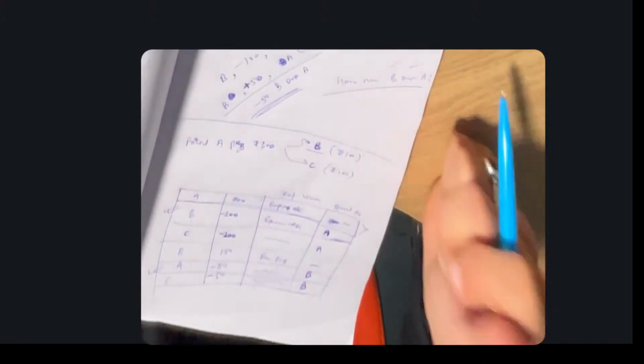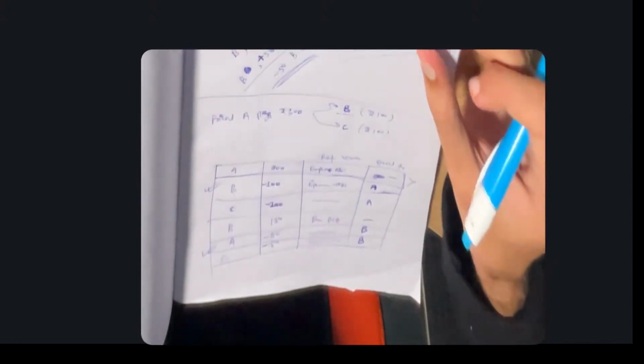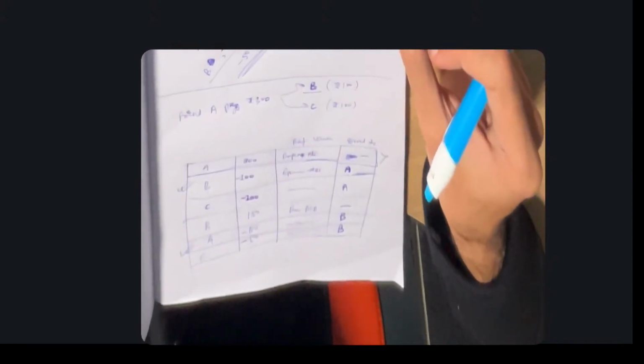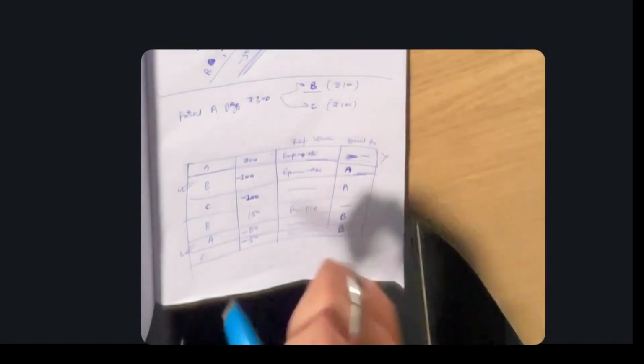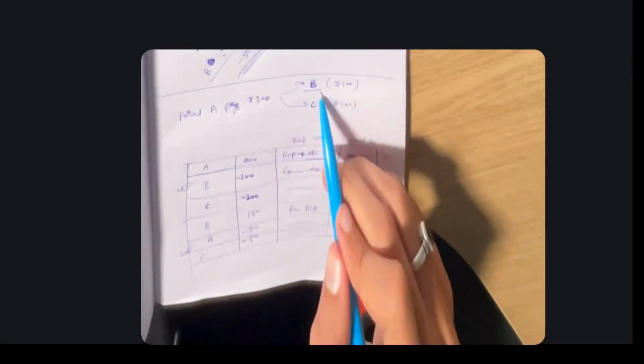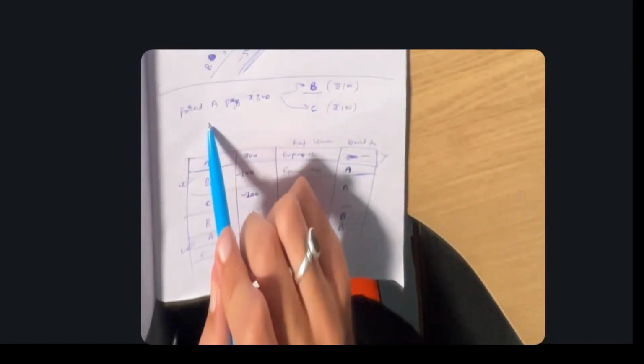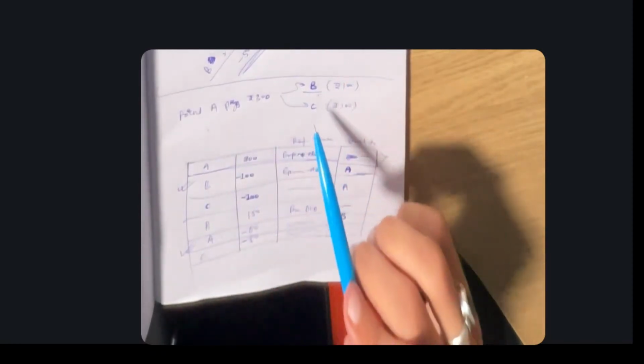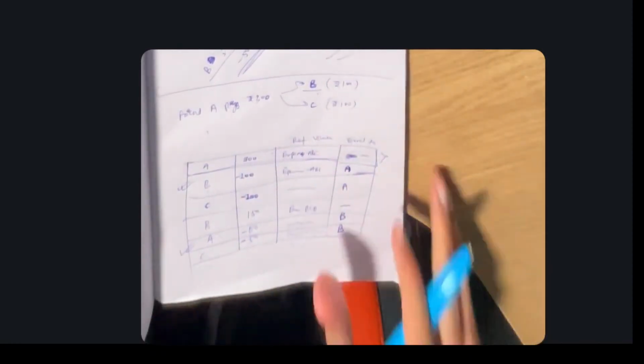We'll try one more approach. Let's see. So you can calculate, right? B was supposed to pay 100 and then now it has to pay 50. Very clear. The second approach, right? The one I was talking about, which is used in Frappe Cloud. That approach is